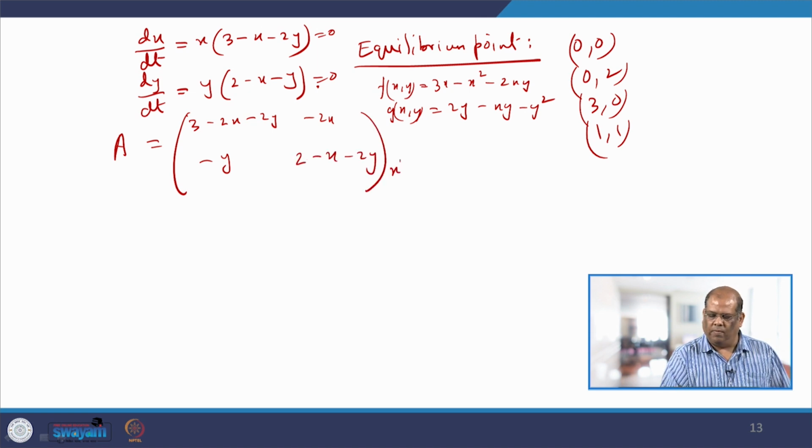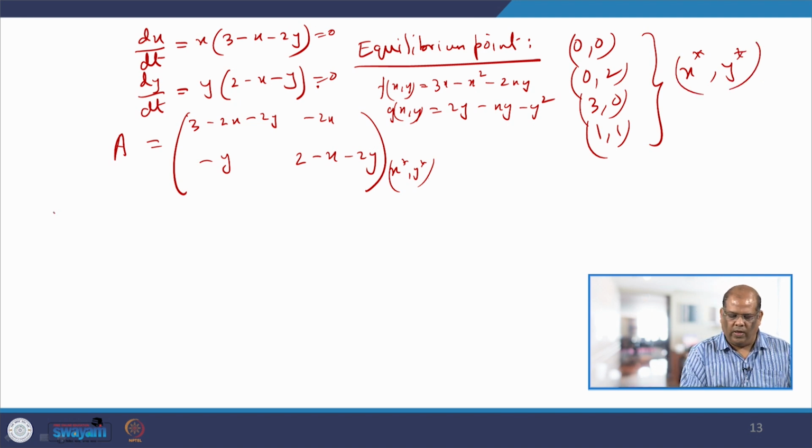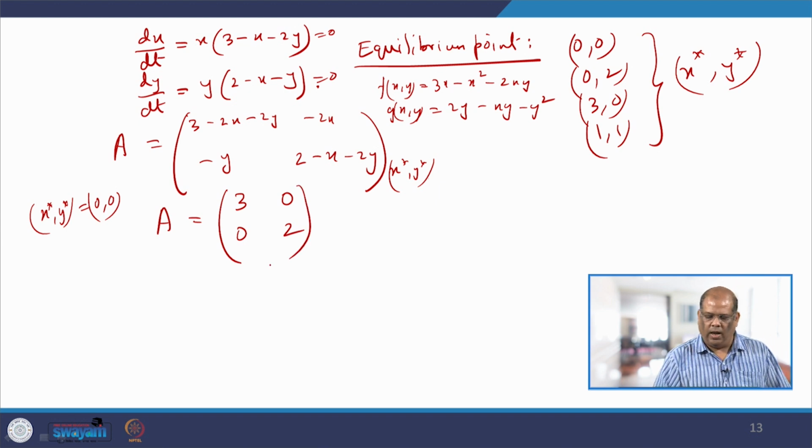So, this is at the point x star, y star, where x star, y star are these points. So, let us start with 0 0. If I put it, I will get 3 0 0 2,